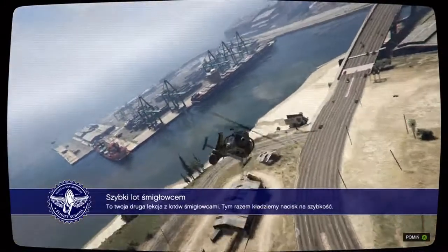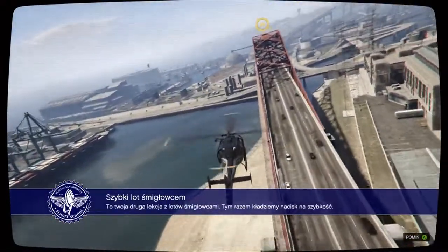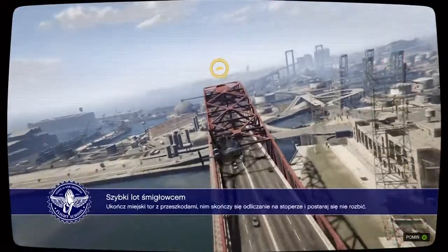This is another helicopter lesson, but with a real emphasis on speed this time. Finish the obstacle course around the city before the time